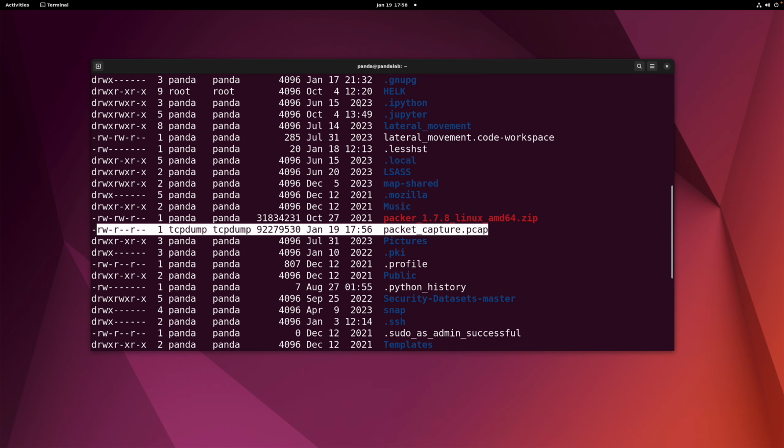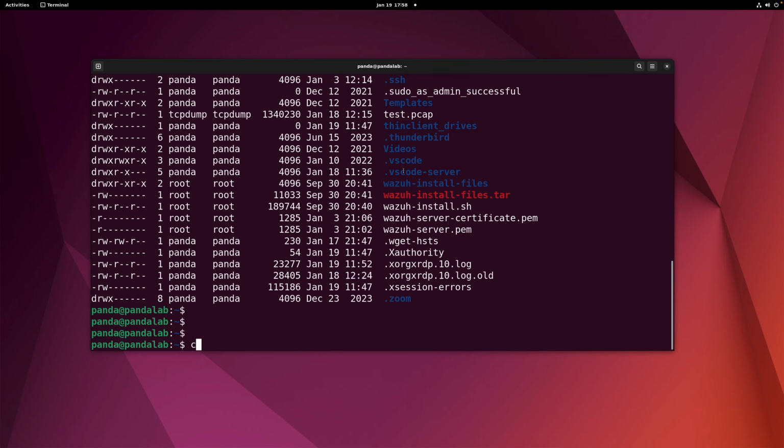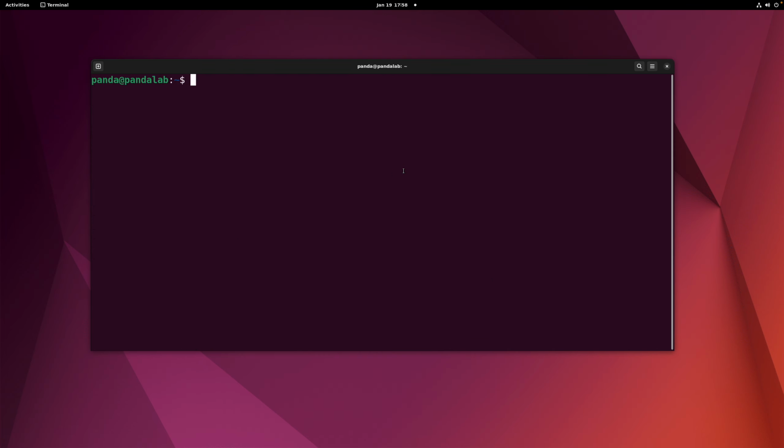So that's another tool you can use to start collecting packets. You can use tcpdump, okay? And this example that I'm showing to you right now is on an Ubuntu desktop machine, but you can use the same steps for tcpdump on a Mac device, okay? Because tcpdump is also a pre-installed utility in that